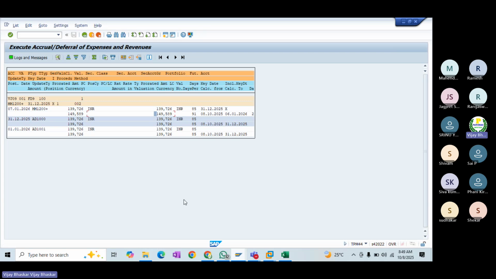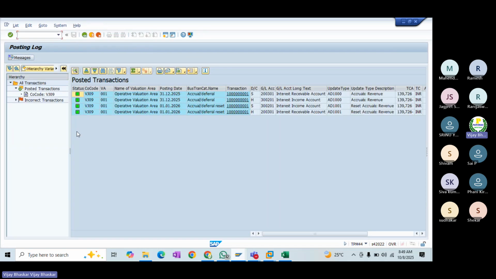In case the interest frequency is selected as at the end of the contract, this could also be possible. See now, there are no errors encountered here. You can see how the system is going to show that. See now, the operation value is calculated until 31st, because 31st of December.